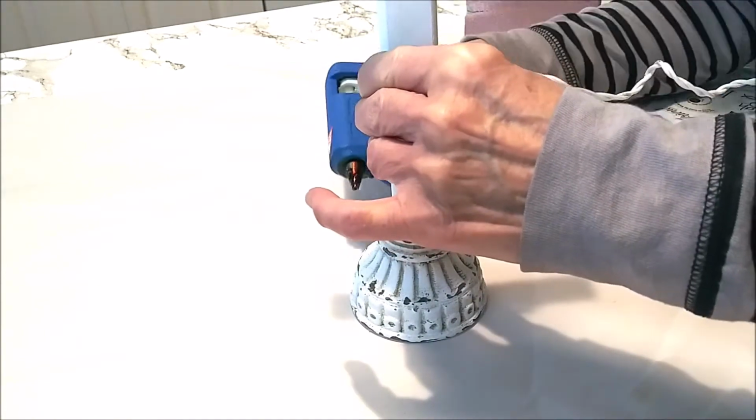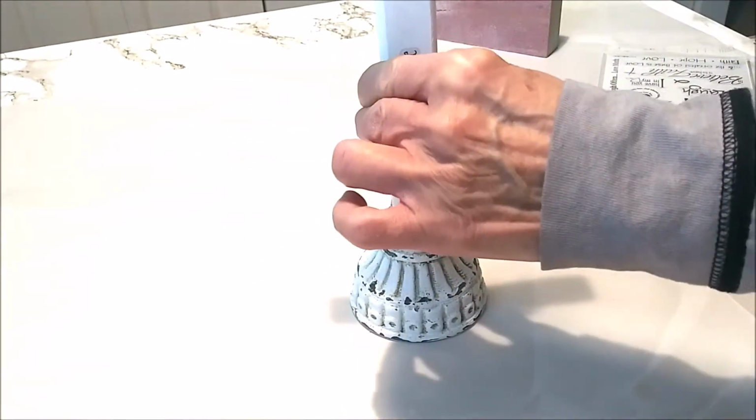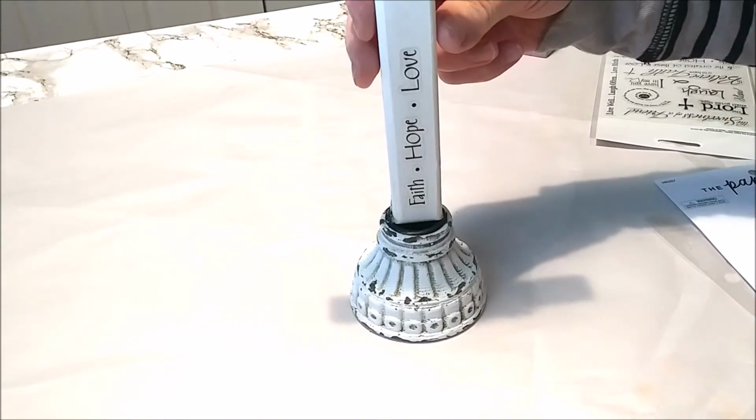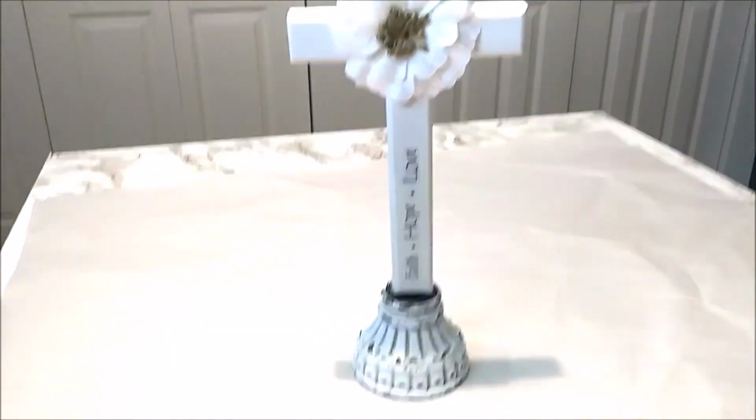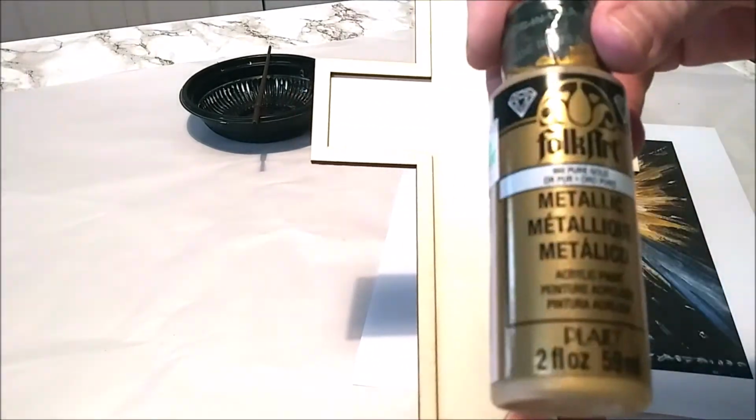onto the candlestick base. And I like this candlestick base. I'm thinking about possibly going back and just getting them 4 candles. And there you see it. So the second wood cross art project,